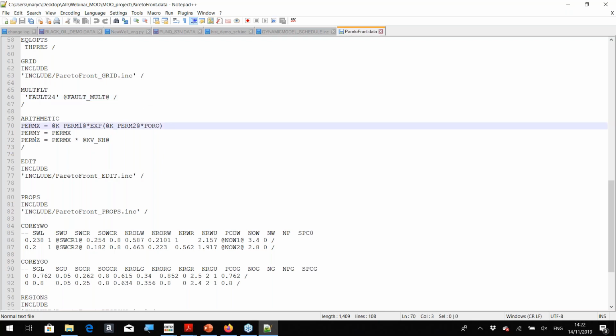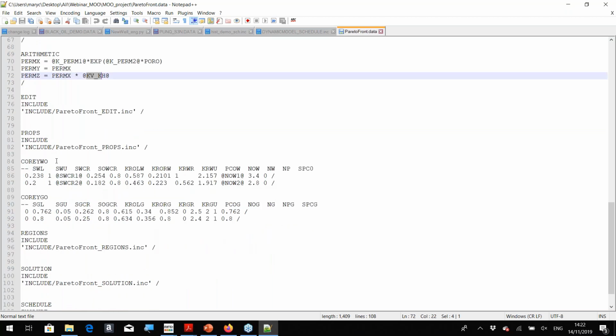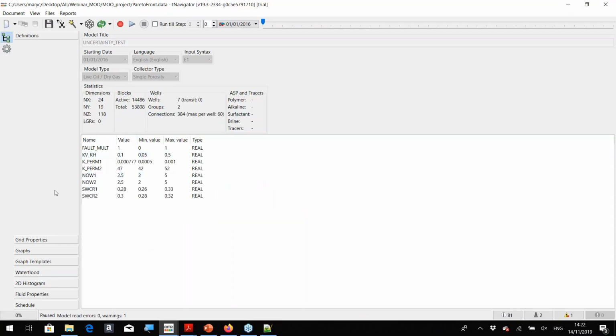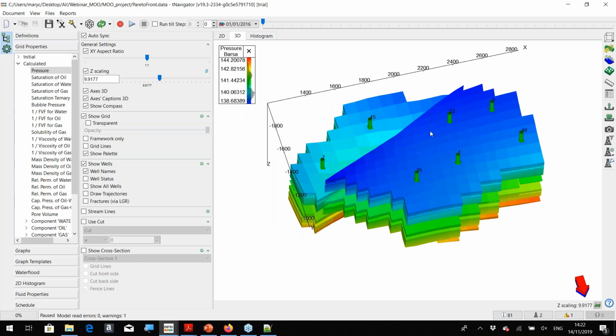Then we're changing our horizontal and vertical permeabilities. Here we are. And finally, we're looking at our critical water saturation and our exponent in the Corey for two different regions that we have in our model. So as soon as we're happy with our variable setup, we can go to the model, look once again, and think about